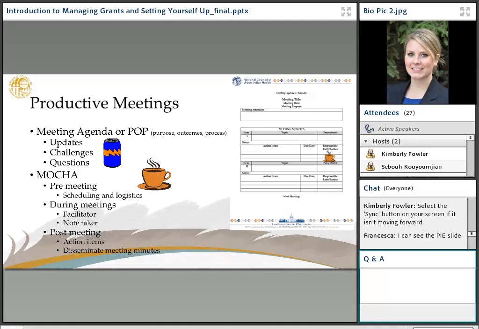So this is on the right here, just a quick example of NACUBO's meeting agenda. In this template, we have on there the meeting purpose, meeting attendees, who's there, the topic, who's presenting that, so who's facilitating that during the meeting, and then any action items with a due date, as well as the responsible party. That's that MOCHA again, who's responsible for that.